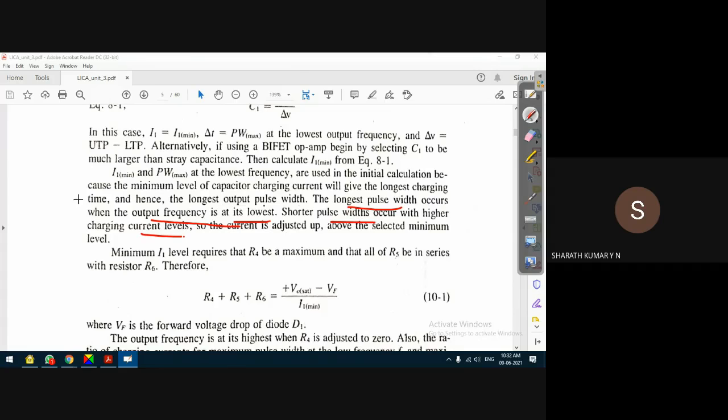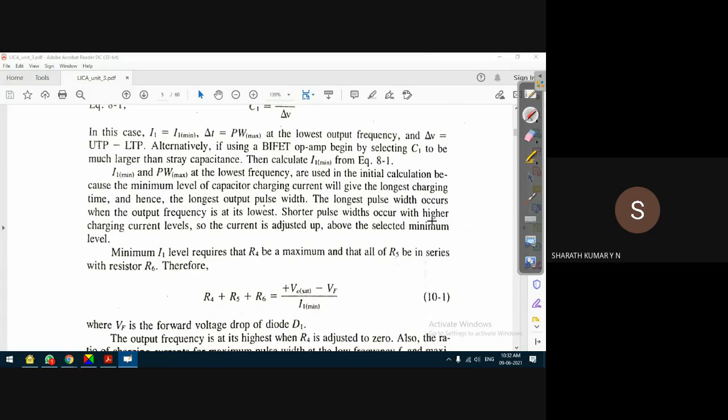So shorter pulse width means the on period is shorter. Yes, here the pulse width indicates the on period. Shorter pulse width means the on period is shorter; longer pulse width means the on period is longer. That's what it is. So a shorter pulse width occurs with